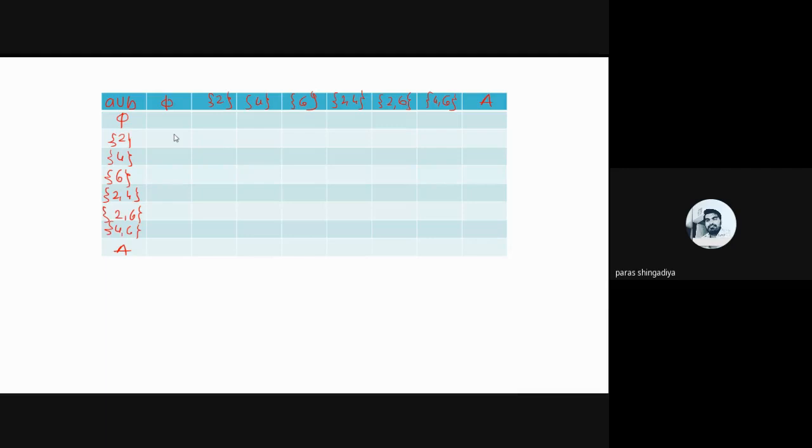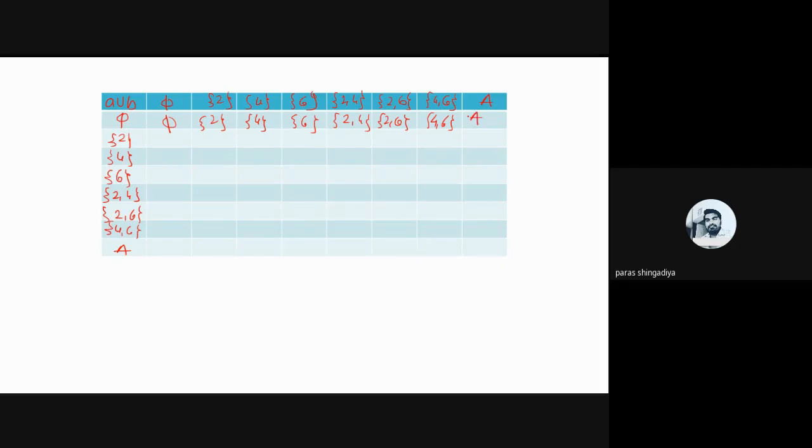Okay, the theory of 11 12 science, I think. So 5 union 5, answer is a 5. Okay, 5 and 2 ka union. Clear? So answer is a 2 only, that is a 2, that is a 4 here, 5 with 4 ka union, 5 with 6, that is a 2 4, 2 6, that is a 4 6, and that is a A itself. 5 with A ka union hoga A. Clear?